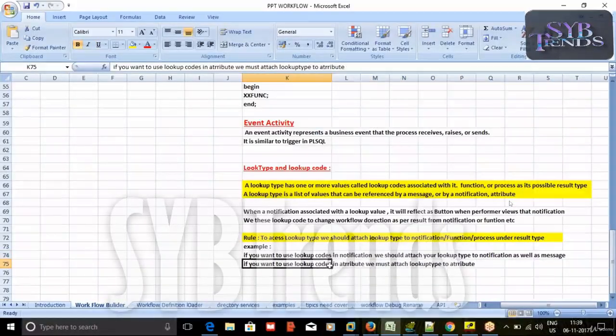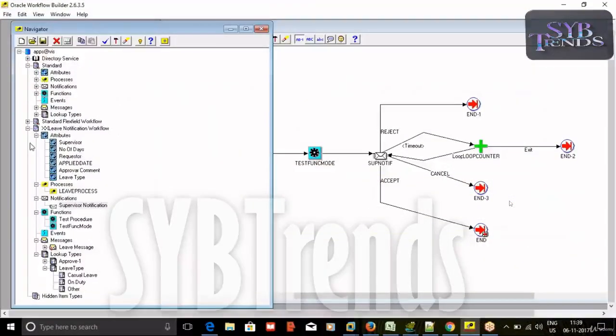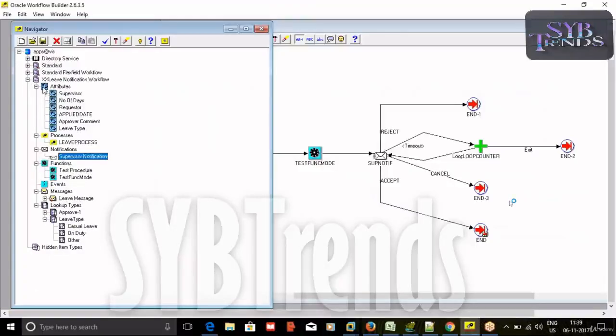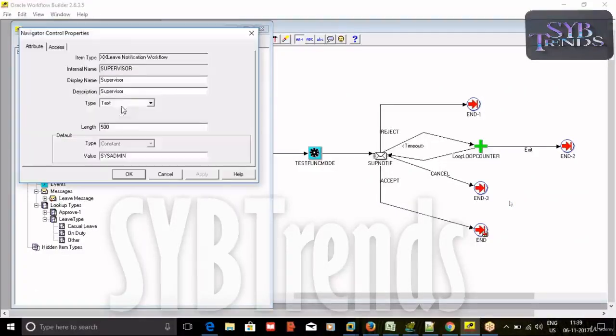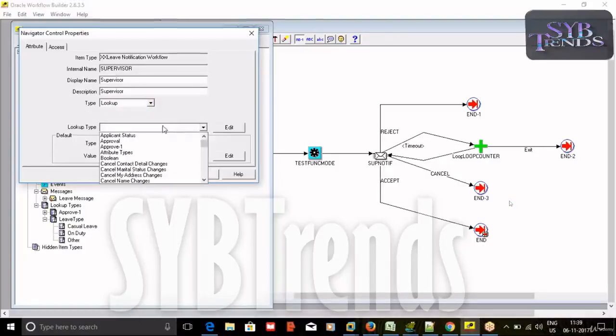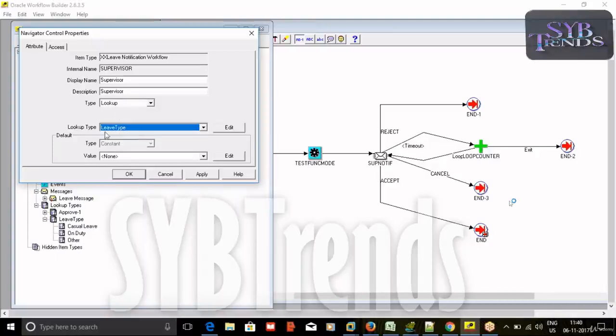And when you create a lookup code, it can be associated to the attribute to provide a list of values. If you see here, when we discussed attributes, this is a text type, right? If you want to use lookup here, yes, we can. What is the lookup type? Leave type. So when you create like this, the values have to be assigned like this. For the attribute type must be lookup, and the lookup type is leave type, which we have created here. So we have to attach that particular